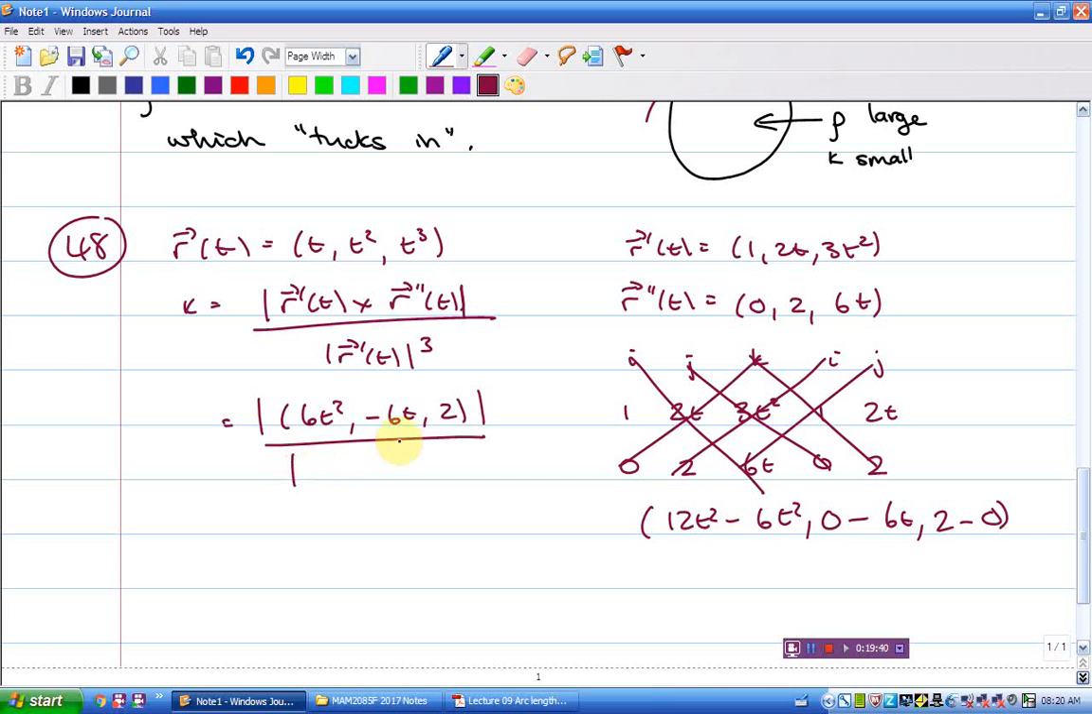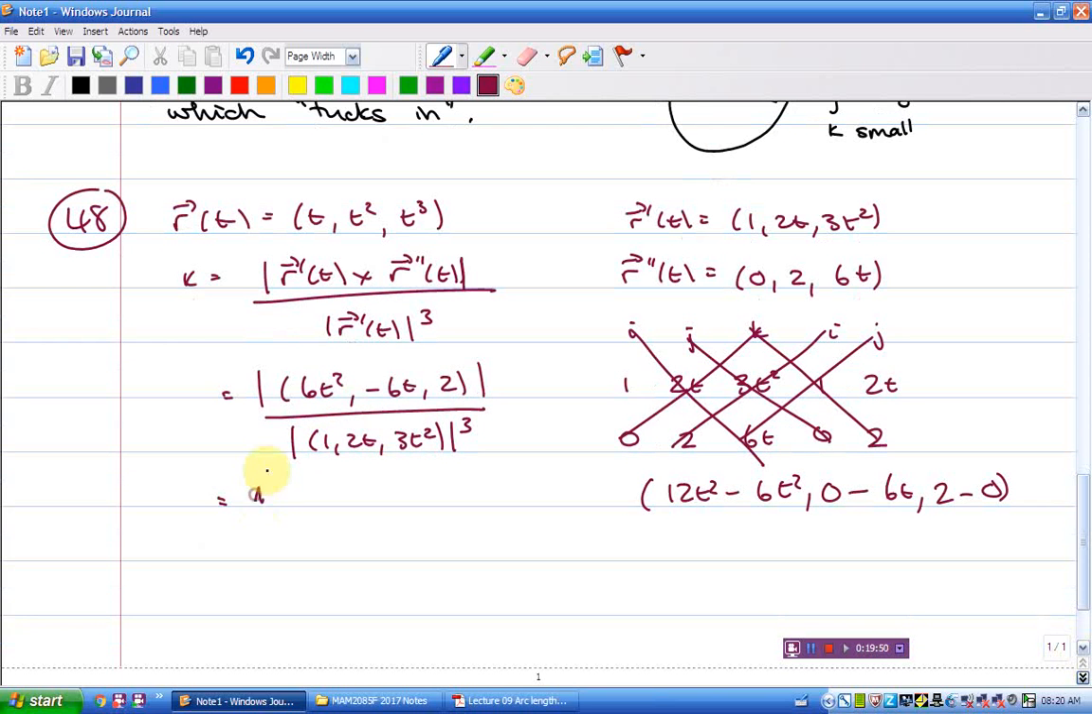And this will be the modulus of 1, 2t, 3t squared, all cubed. Okay, all right. Well, let's do that. What is that? The modulus of a vector is the square root of the sum of the squares of its components. 36t to the 4 plus 36t squared plus 4